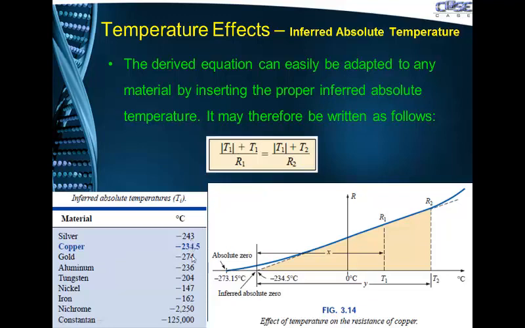So this temperature basically indicates that for different materials, the resistance of that material would be 0 at this inferred absolute temperature. So for example, if silver is